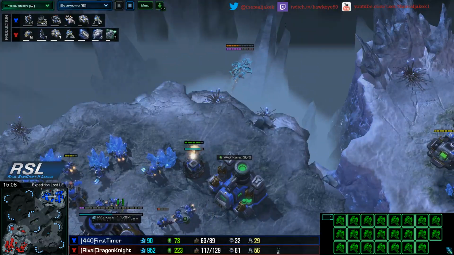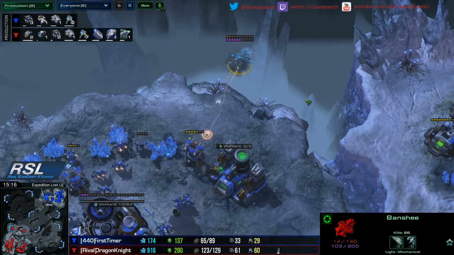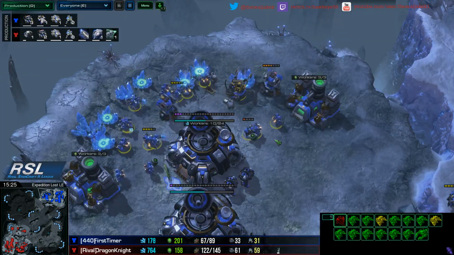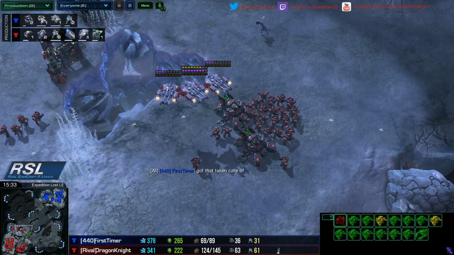The Banshee's coming back in to do even more damage. This Banshee has been the hero of this game. It seriously has gotten... Ooh, I just missed it. 28 kills it looks like. So pulling its weight in gold, taking out 34 workers by itself. No, I'm just kidding. That wasn't...